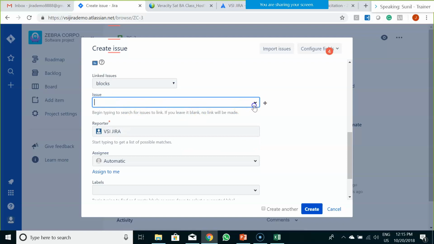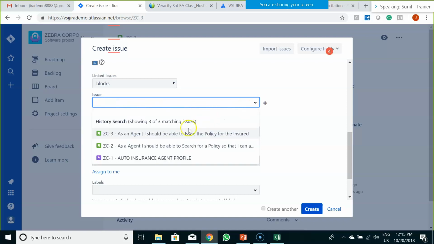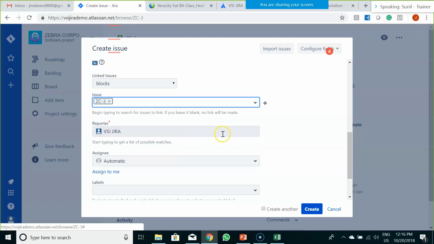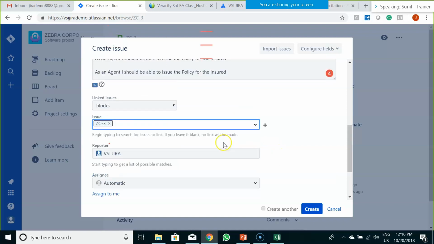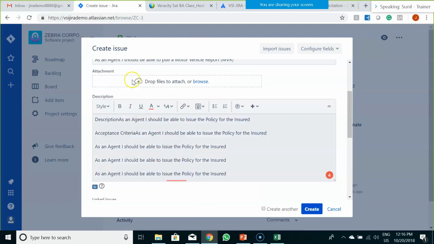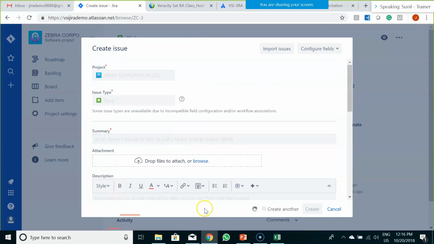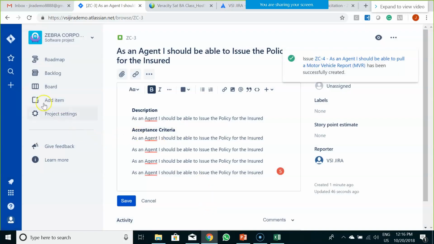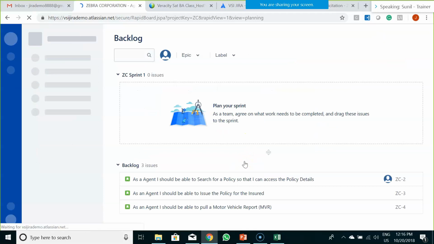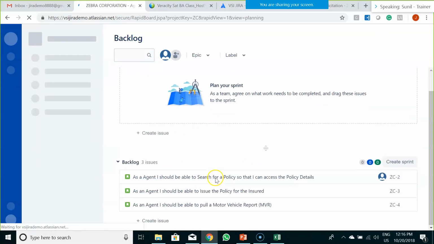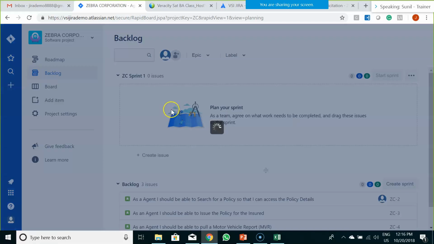Let's say I want to link this user story to any one of these. I can do so by clicking on this particular user story. So it would link to itself, the other user story. If we see our backlog, it should have 3 items under it. Let me quickly create 2 more user stories.